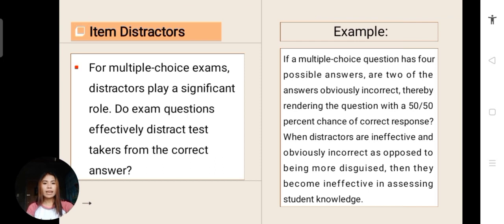And now we have the item distractors. For multiple choice exams, distractors play a significant role. Exam questions effectively distract test takers from the correct answer. For example, if a multiple choice question has 4 possible answers, and 2 of the answers are obviously incorrect, this renders the question with a 50-50% chance of a correct response. When distractors are ineffective and obviously incorrect, as opposed to being more disguised, then they become ineffective in assessing